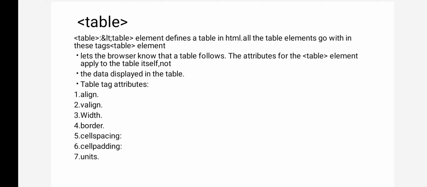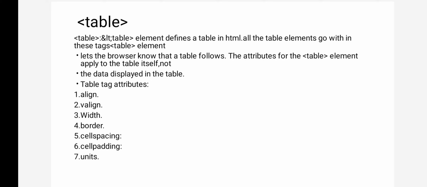Now here we have some attributes. Attributes I have already explained. What is the use of the attributes? Attributes provide some additional information about the table. For example, by default the table will be displayed, but if you want to give a background color to the table, and if you want to design the table cells separately, you need to give some additional requirements. Those requirements are given by using attributes. So what attributes we can write inside the table, that we'll discuss now.